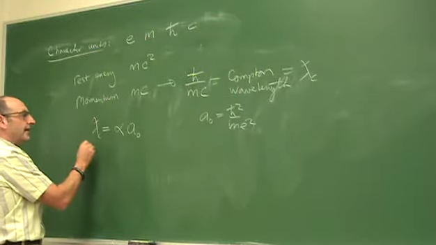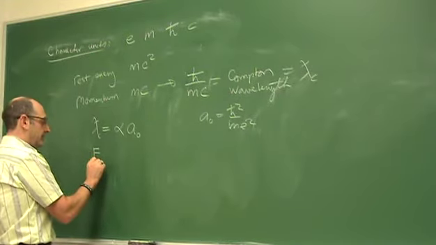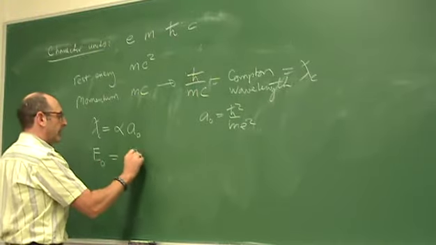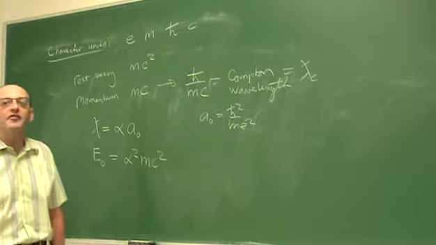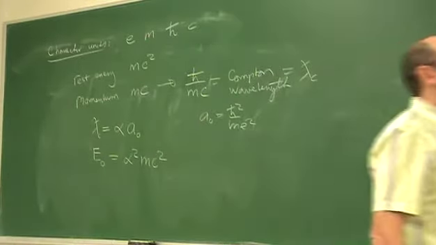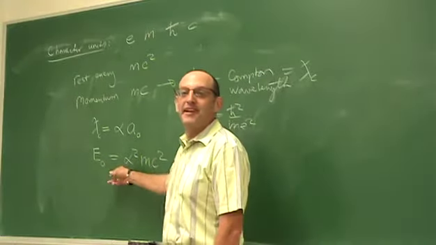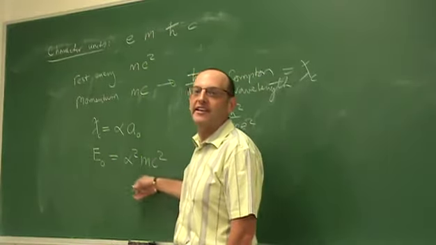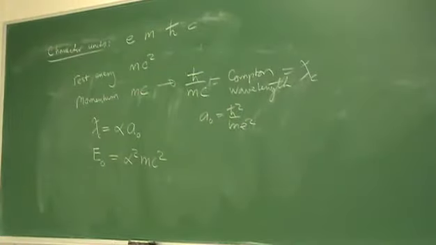The other thing we see is that the Hartree energy is alpha squared times mc squared. Another relationship. You'll often see the real atomic physicists will write the energy levels of hydrogen in terms of alpha. But instead of thinking about the Hartree, they'll write in terms of the rest energy. All right, so these are some relations.